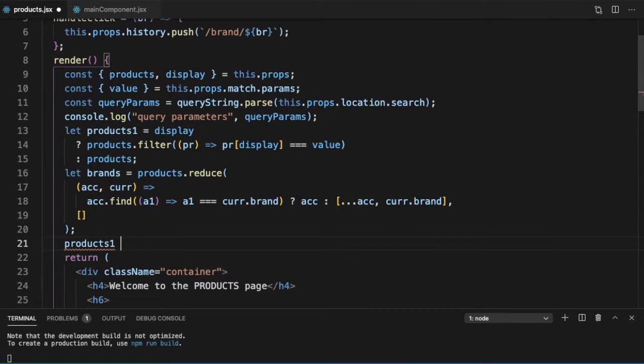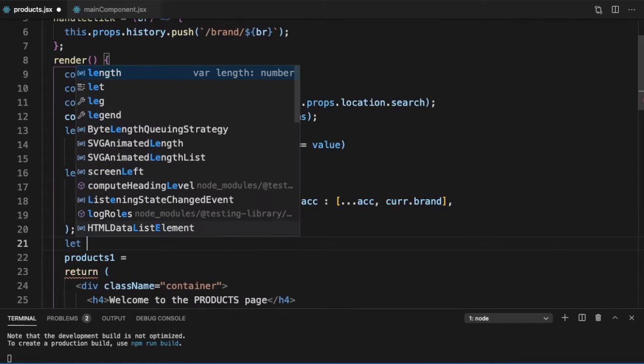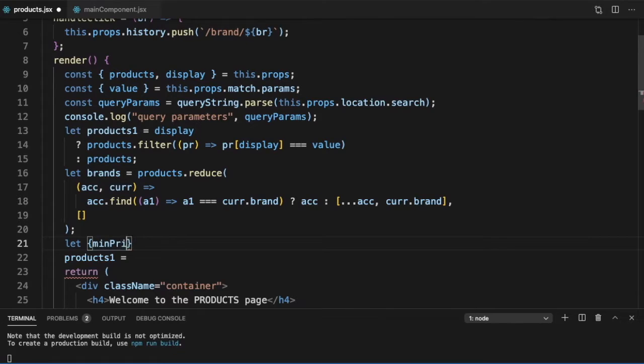So we can just say products1 is equal to. Now we'll destructure our queryParams. So I can just say let minPrice equal to queryParams.